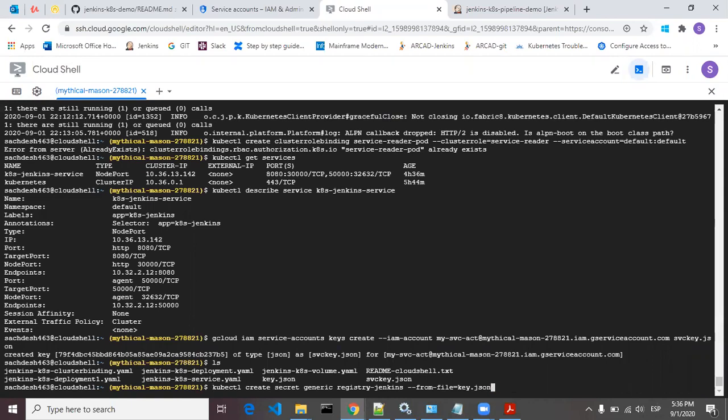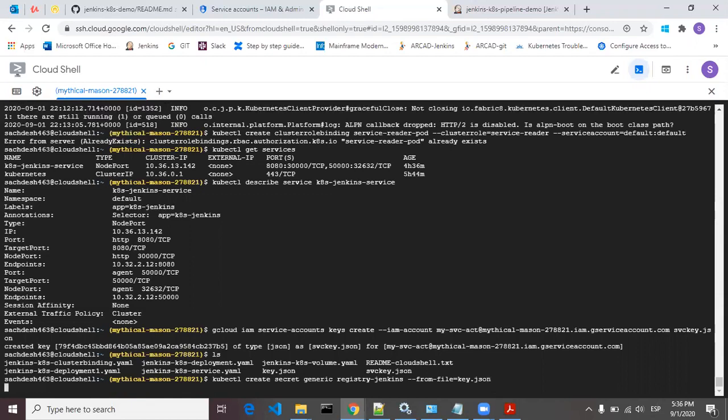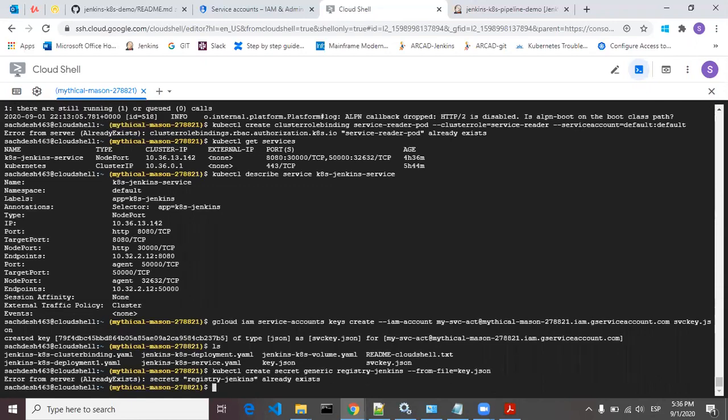If I click on this, it will say it is already created. Similarly for you it will be new, so you have to run the command like this. This is nothing but a secret, also called a service account.